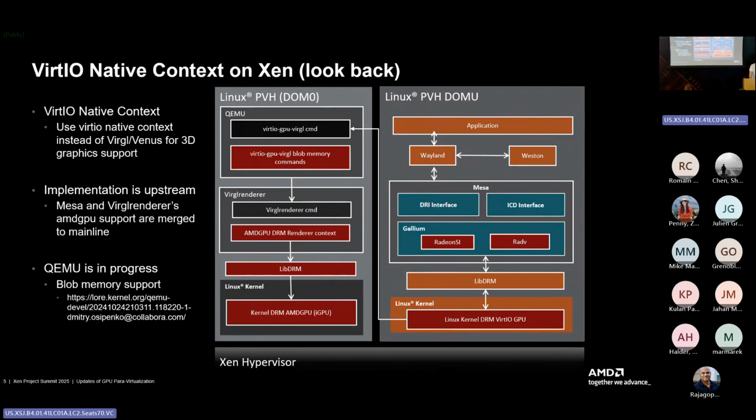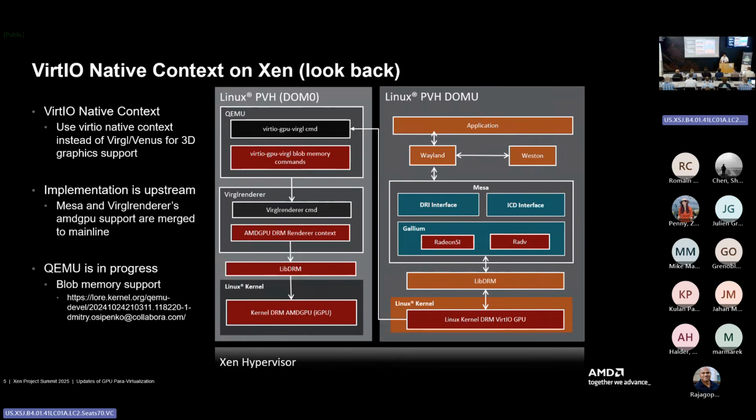Look back at the history of the VirtIO GPU native context. I introduced the topic last year. Traditionally, VirtIO and Venus are not sensitive to performance requirements, and it has very high performance overhead on the host side of Mesa. So we introduced the native context with AMDGPU on Xen to address this issue. The design was initiated by the community, by Rob Clark at the last XDC on the Chrome system.